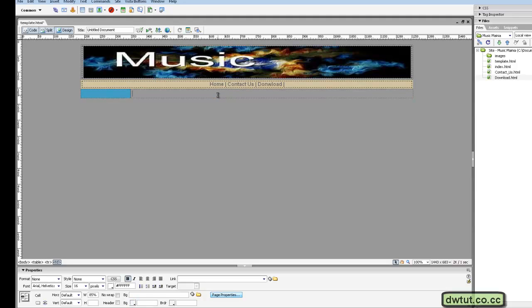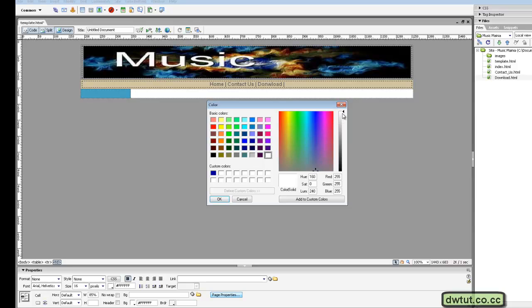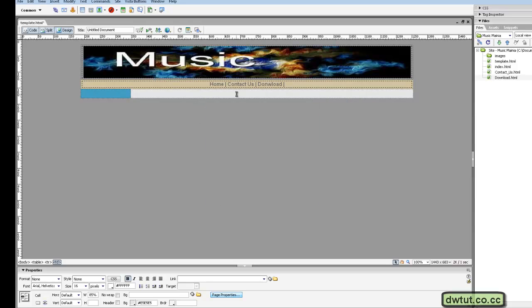Then inside here, since it's easier to read text on white, I'm going to select this white, and then select my background color again, select the system color picker. Now take this little arrow, drag it down just a little bit, and about right there. Hit OK. As you can see, it's not bright bleach white, it's just a deeper white, easier to read on. So click out of the side of that table, make sure your cursor is down here,